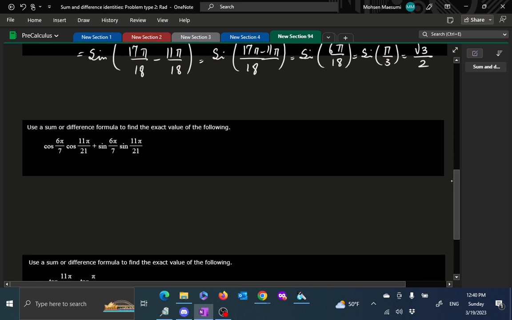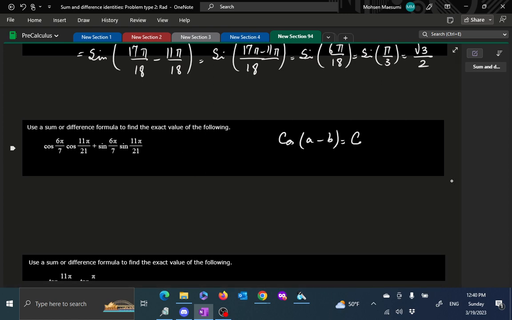How about cosine? Well, remind yourself of the formula for cosine of difference of two angles. Cosine of A, cosine of B, plus sine A, sine B. Notice this is subtraction here, and here is the addition. So this is cosine of 6 pi 7th plus 11 pi 7th, and that is cosine of, adds up to,